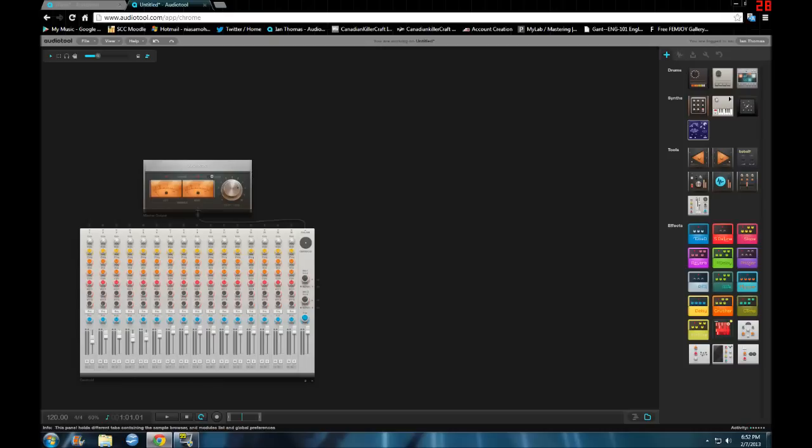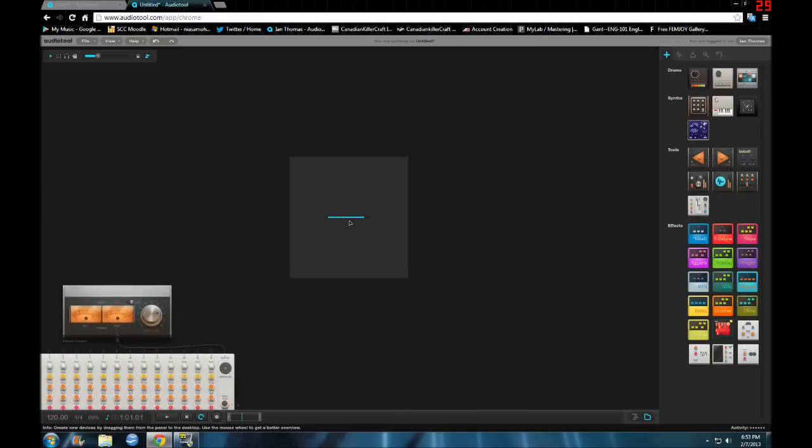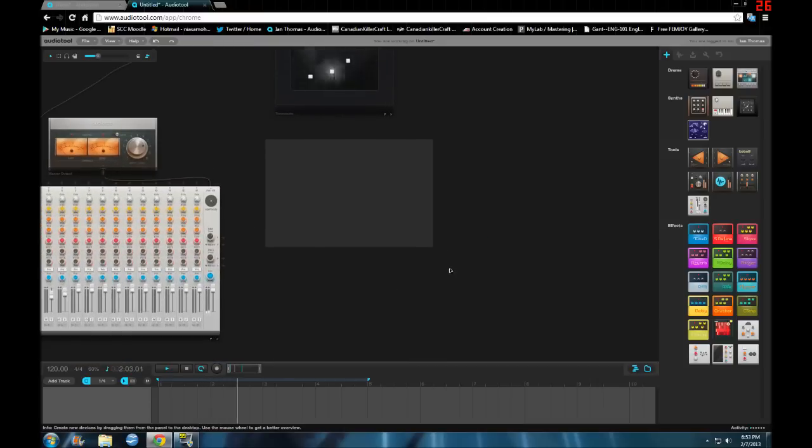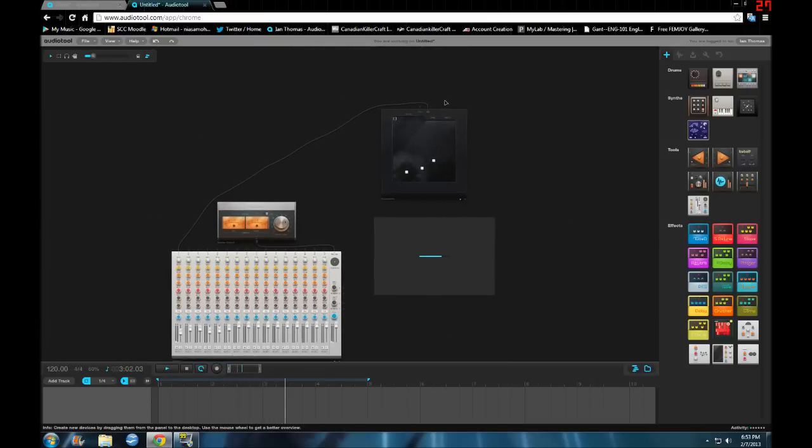I never really use any of these except for this one, which makes random beats. It's an animation, so this wave crosses here and each of these notes get hit. That's what makes the noise. You can also put it through here, but in all honesty, I don't think you're going to be using any of this, so